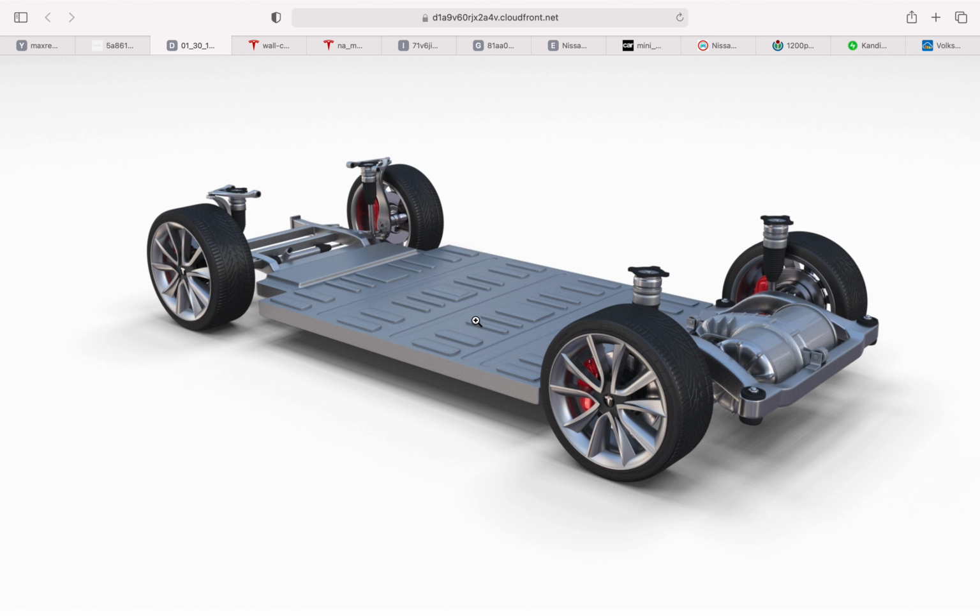And basically what that does is it converts the power from the electric motor into more usable power for the wheels. But the size of the electric motor is an order of magnitude smaller than your typical gas engine. And our car has two of them. We've got one motor in the back and one motor in the front, and that translates to all-wheel drive,